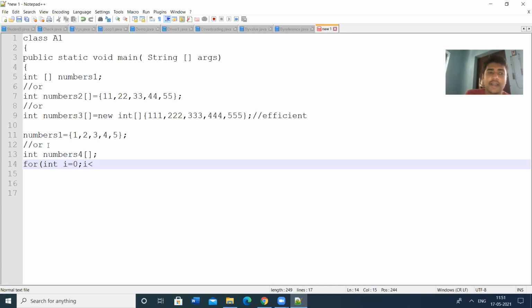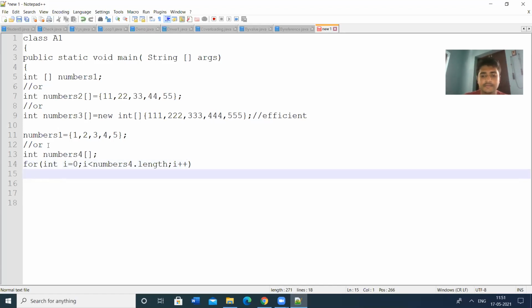We have a method, numbers 4 dot length. The loop has to repeat up to the end of the array. Then the i value should be incremented.